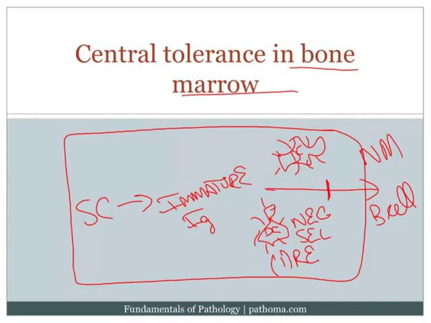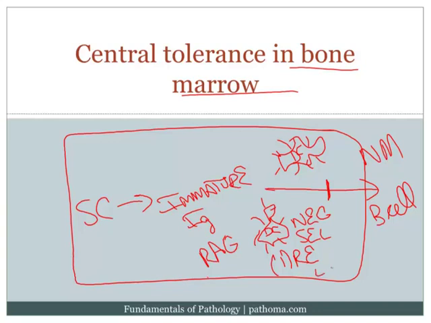So what happens in receptor editing is that the RAG genes that are essential for the development of the immunoglobulin specificities will be re-expressed. As you get re-expression of the RAG genes, that will allow for editing of the light chain of the immunoglobulin. Once the light chain gets edited, the hope is that it will no longer bind self-antigen, and so that would allow the B cell to remain functional and go out into the periphery. So one possibility that can occur through negative selection is receptor editing via re-expression of RAG genes.